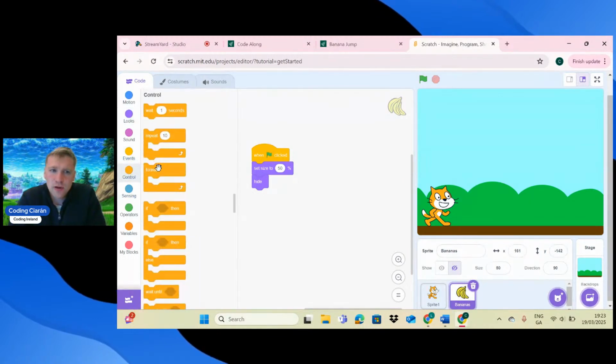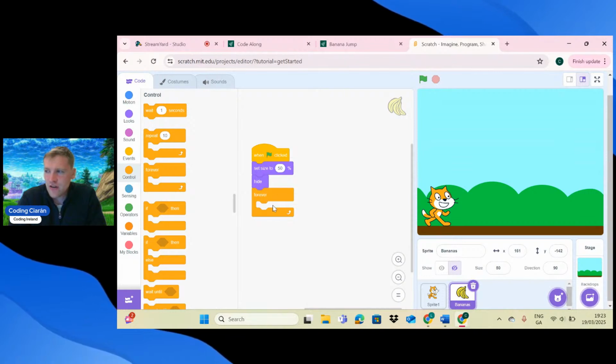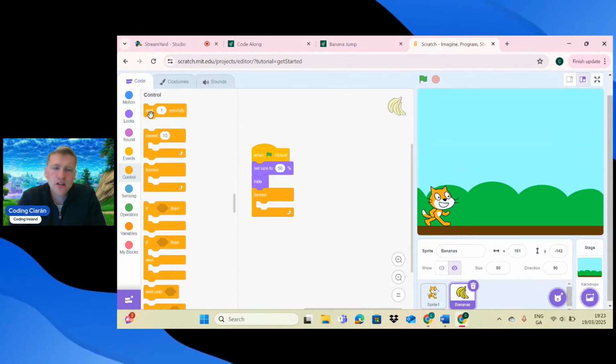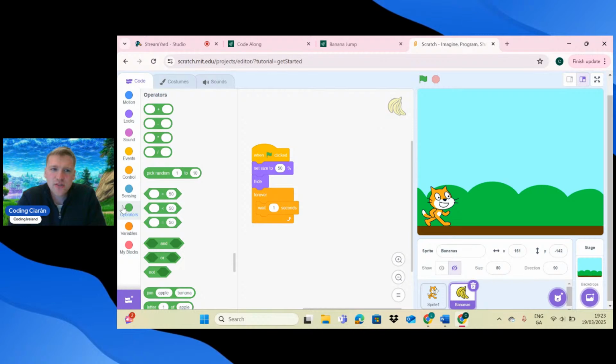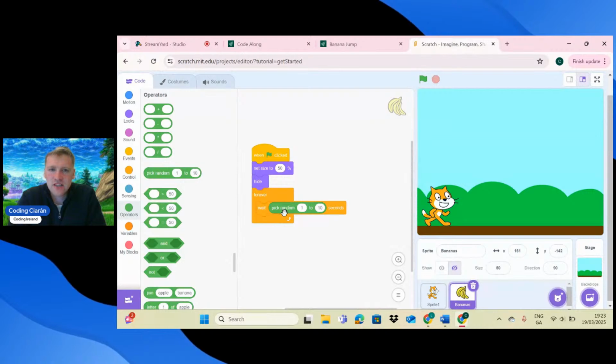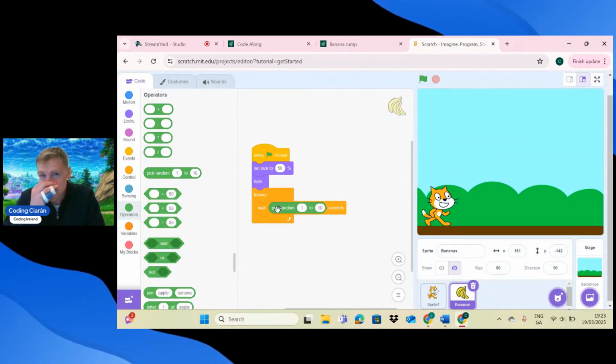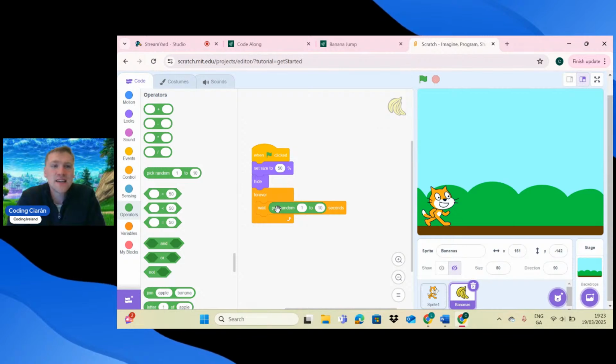We're going to do a loop in forever. So when we click green flag, forever, we're going to say wait. Sorry, there's the wait. It's in Control. And it says 1 second, but I'm actually going to change that. So if you go to Operators, it's all the maths kind of stuff. I'm going to say pick random, and we can put that inside of it. It's great in Scratch that they're all color-coded because it means you can find things really easily. So pick random from